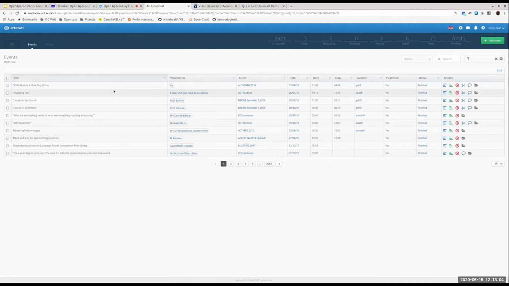Okay. So each of these recordings, each of these lines here is a recording. They can be organized into series. This is typically in an educational institution. The series is your class, your Computers 100, and then there are N events inside of that class, and those are the individual recordings. There is an editing tool.